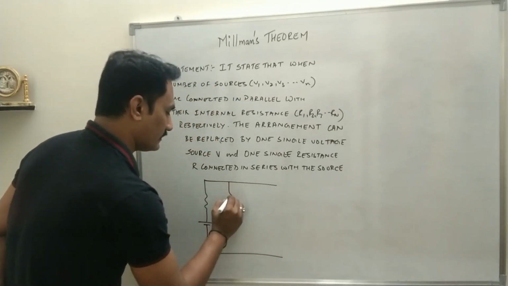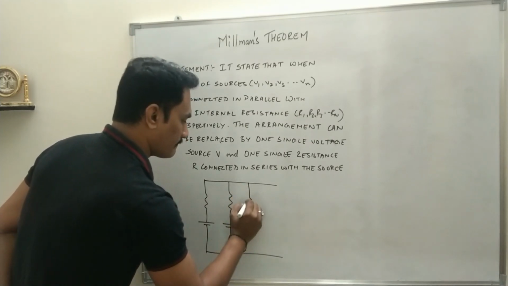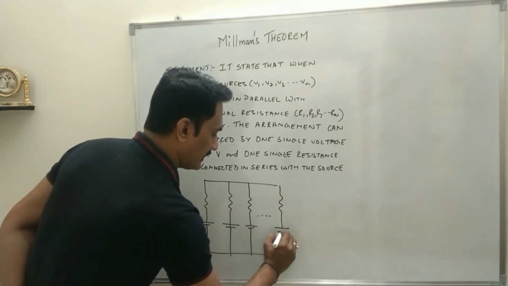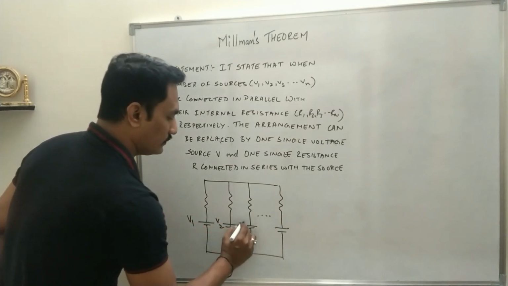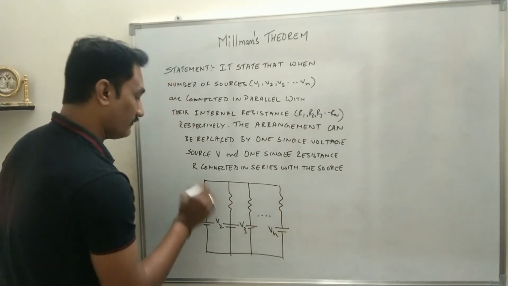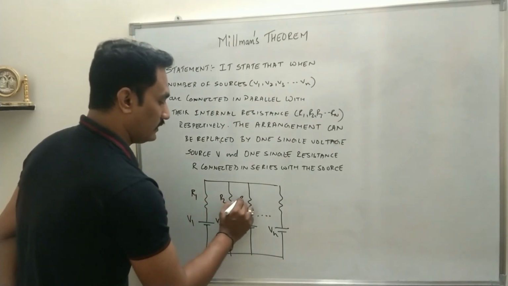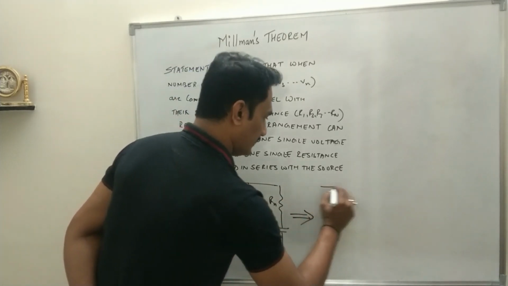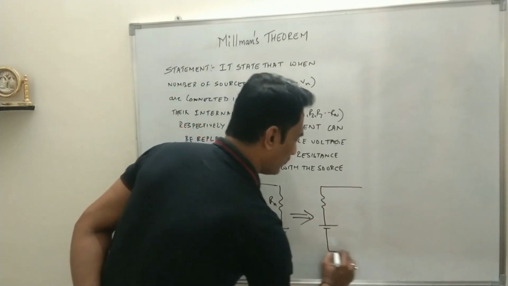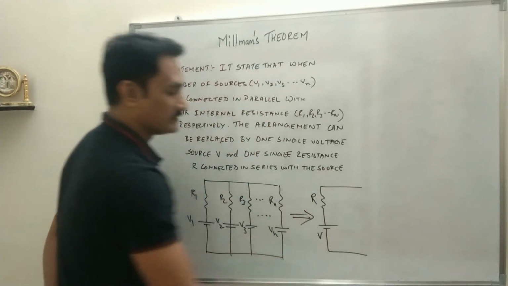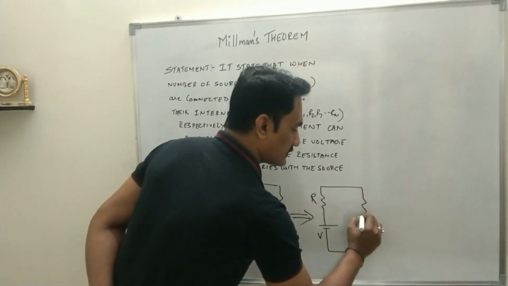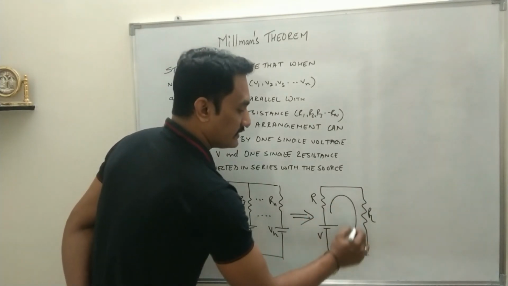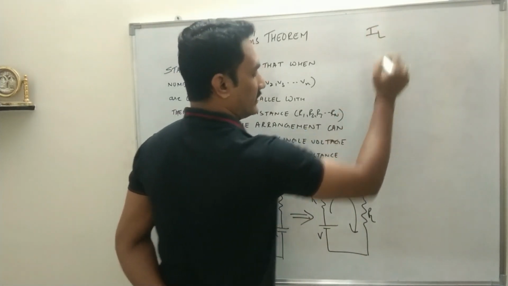an arrangement. Okay, so if this is an arrangement, say this is V1, V2, V3 up to Vn connected in parallel with their respective internal resistances R1, R2, R3 up to Rn, then this entire circuit will be reduced to one single voltage source V and one single resistance R. And when the load resistance is connected, of course the resistance across which the output voltage will be taken, what you can see in this circuit diagram is IL, that means the load current which will